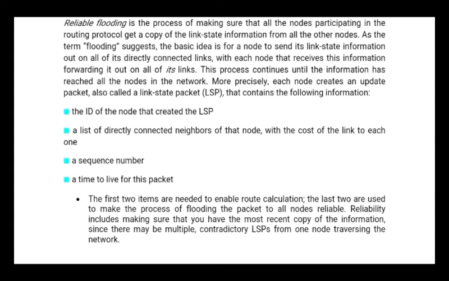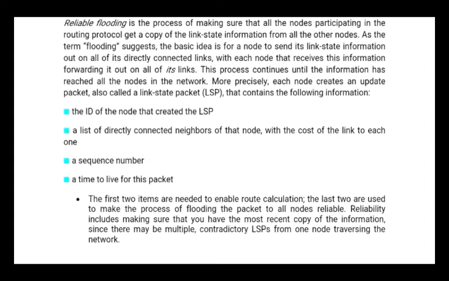Each packet that is transmitted contains the sequence number. So why do we need a sequence number here? We need a sequence number to identify whether the packet we are receiving is an old one or a new one. Whenever any node receives a packet, if it has already received a packet from that node, it checks the sequence number. If the newly received packet's sequence number is larger, then it is considered a new and updated one. The old packet is discarded and the new information in the new packet is accepted.